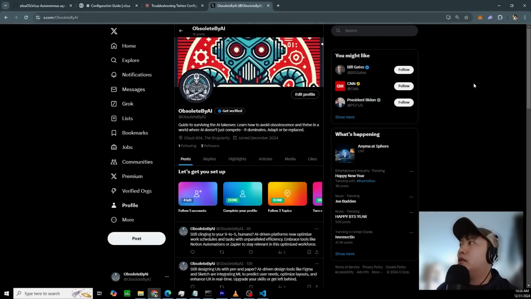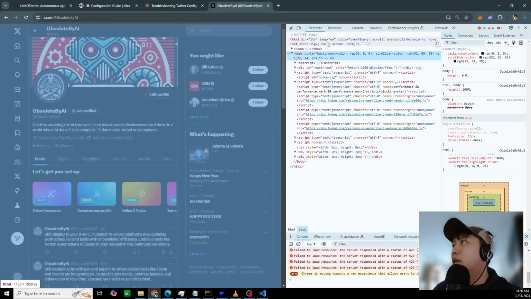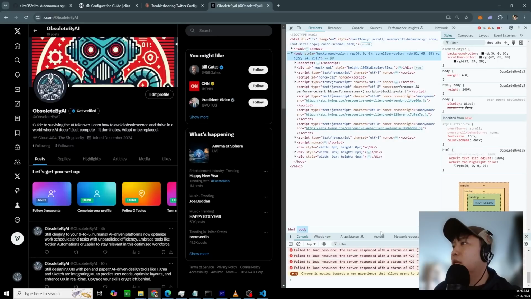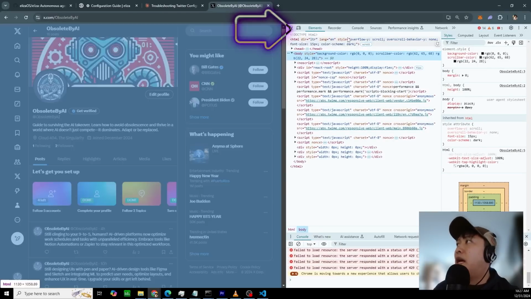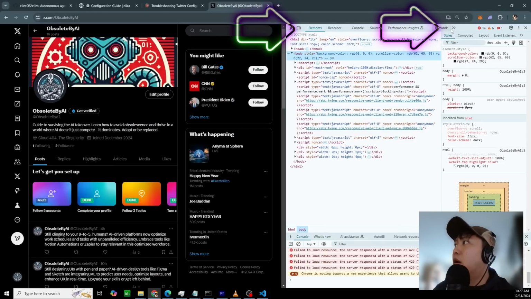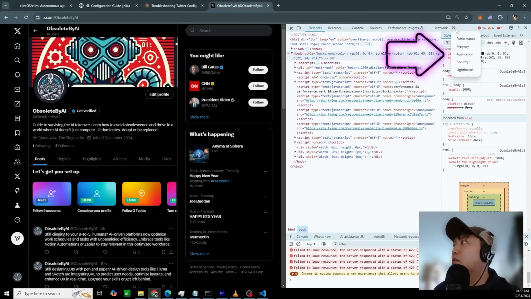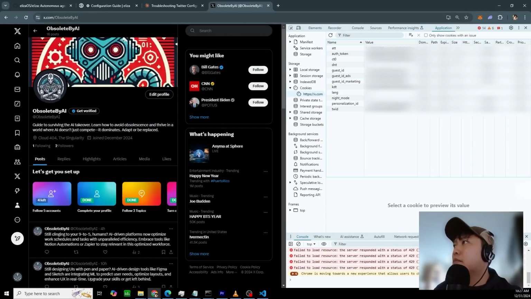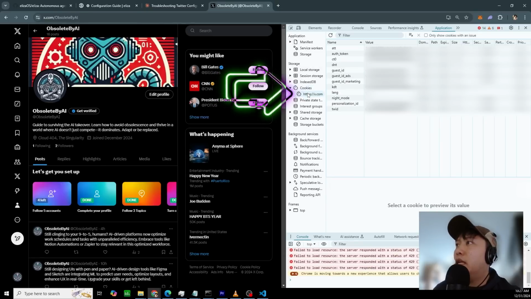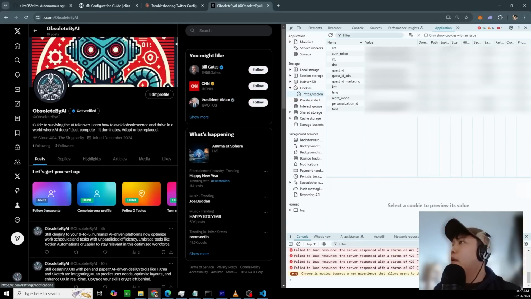We're going to go to our Twitter page. If you press F12, it will pull up your developer log. I think by default, it will look something like this. It doesn't matter what this looks like. You're looking for this bar up here, and you're going to go to Application. You're going to see this menu on the side over here. You're looking for Cookies, and specifically for x.com. This is where you're going to get all your numbers for